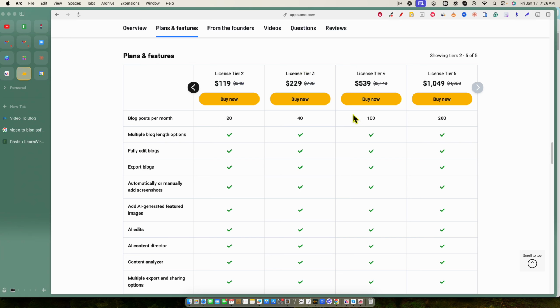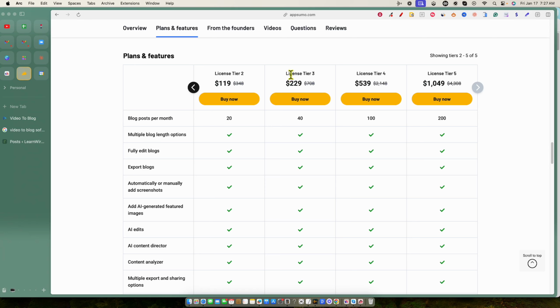They're also giving you more than double on the credits as well. Right here, there's a double price. And so you're going up, it looks like they're doubling the price right there. So the pricing and stuff like that is a little interesting. But I'm trying to decide between license tier 3 and license tier 4. I really don't need license tier 5, but that's a big jump right there, $500 to invest into a